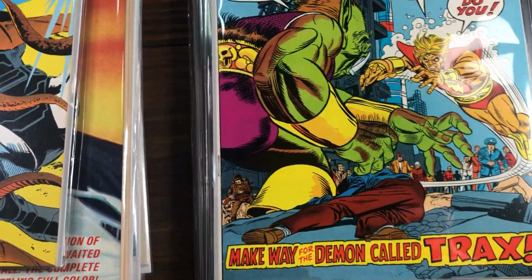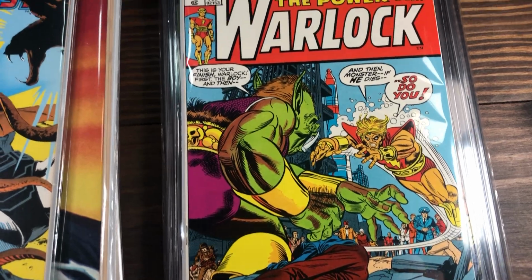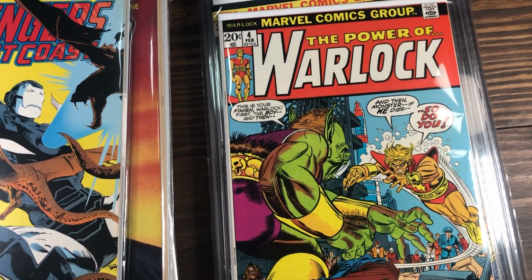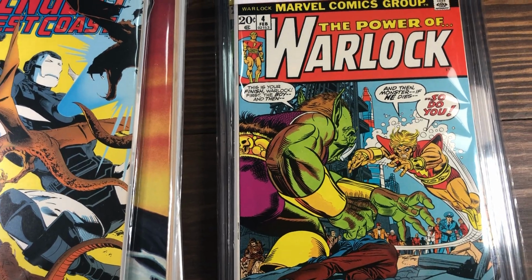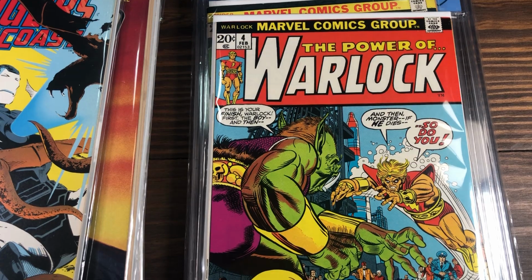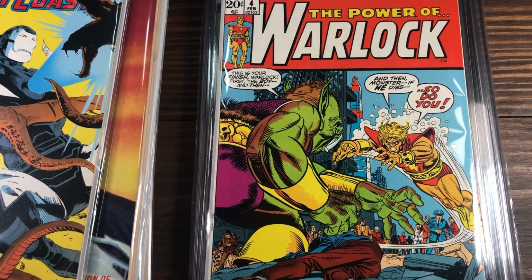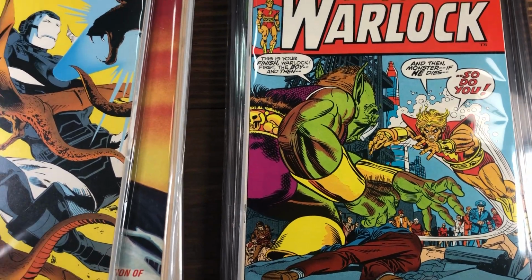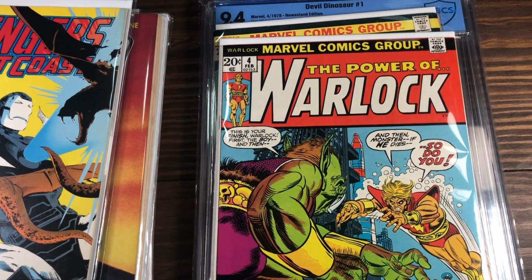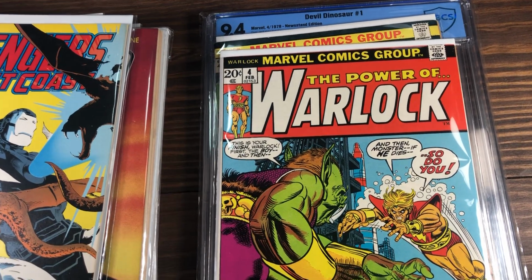This one was $7, and this one was in excellent condition. I've been trying to get the entire Warlock series. So Warlock starts, I think it's 1 through 8, and then they canceled it. And then they brought it back at 9, like 4 or 5 years later, or something ridiculous like that. But that comic only went from 9 to 15. So I kind of want to get the whole series. I'm missing a couple. I have 2, and I think I have 7. So I need to get